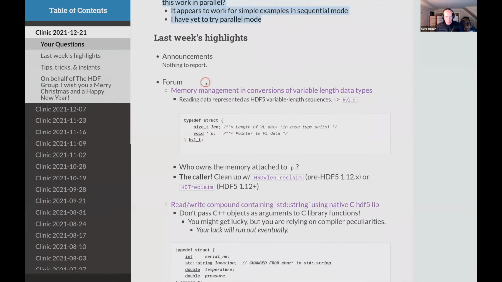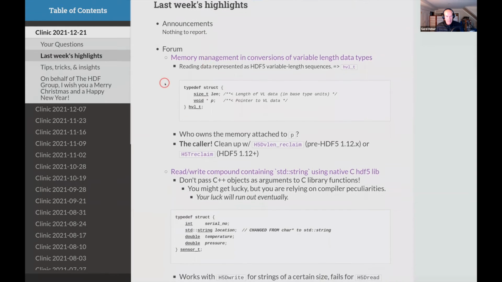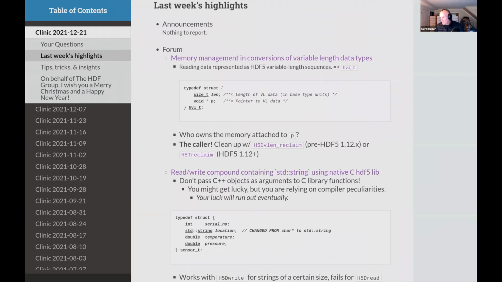Okay, so no announcements otherwise, which brings us to the forum. There was an interesting thread about memory management and conversions of variable length data types.